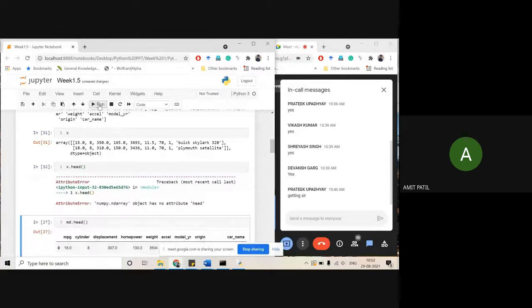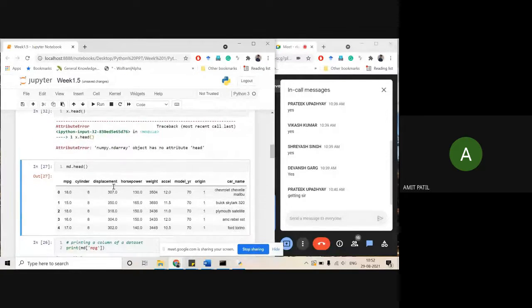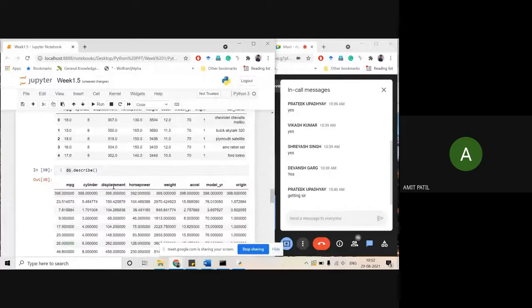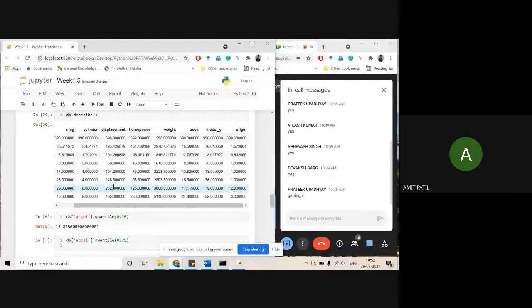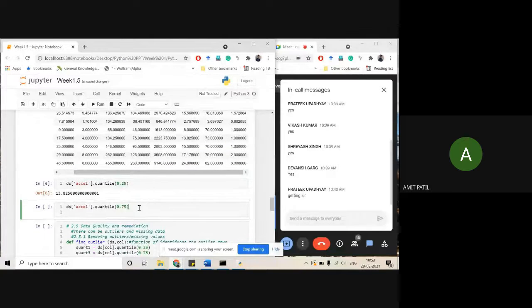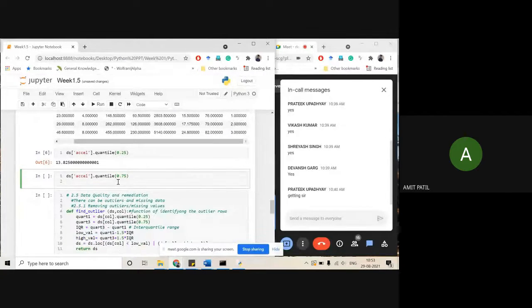It will give you an error that numpy.ndarray has no attribute called head. That is why it is important for you to know which type of variable you are working with. Better be aware of your variables, because the code, commands and syntax will change.